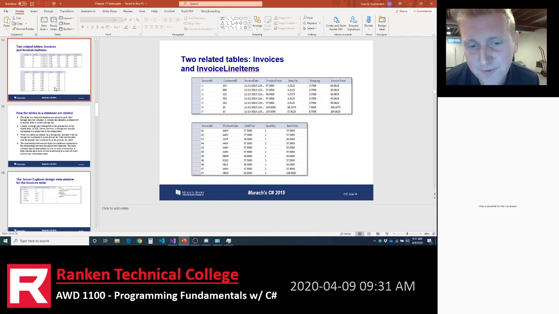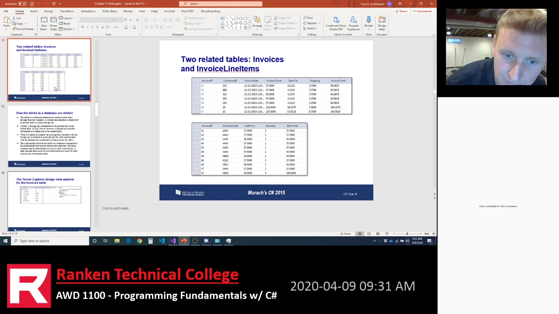Now what rules does a foreign key enforce? A primary key enforces uniqueness. A foreign key says, you know what? In order to have an invoice line item, you have to have a valid invoice ID.